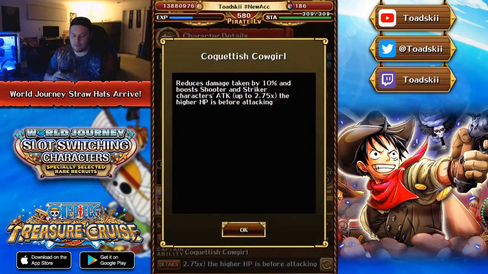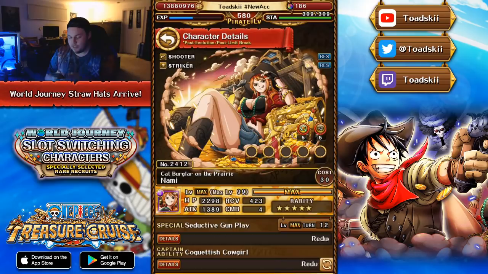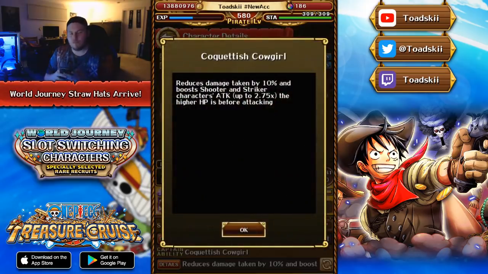Captain effect reduces damage by 10% and boosts shooter and striker by 2.75 the higher the HP is before attacking. Okay, I wonder what that threshold is. Hopefully we do know what that is, but 2.75, basically if you can stay at high health, you'll have 2.75 times attack to shooter and striker characters. And we already know that there are pretty good shooters and strikers in the game, namely 6 plus NL, 6 plus Kuzan. You've got characters like Coliseum Kid. There's really good characters you could actually use with this Nami as a captain, but overall 2.75 isn't an amazing